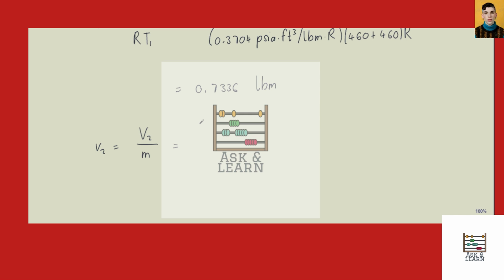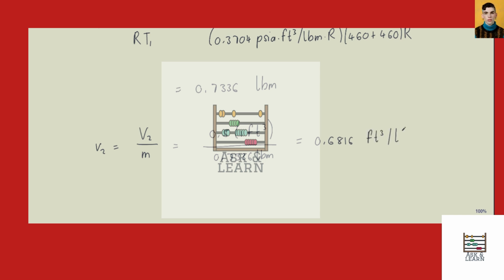And this is 0.5 times 1 cubic foot, so half the initial volume, over 0.7336 pounds. Hence we get the final specific volume of the air to be 0.6816